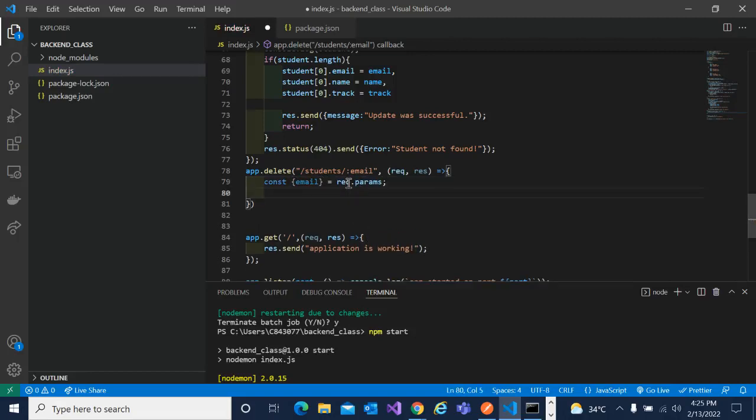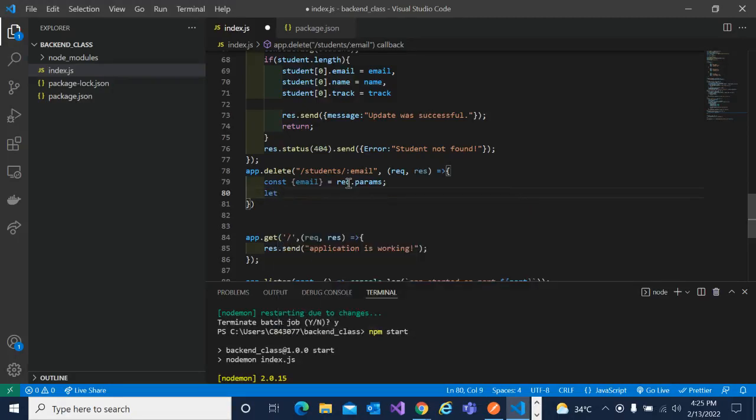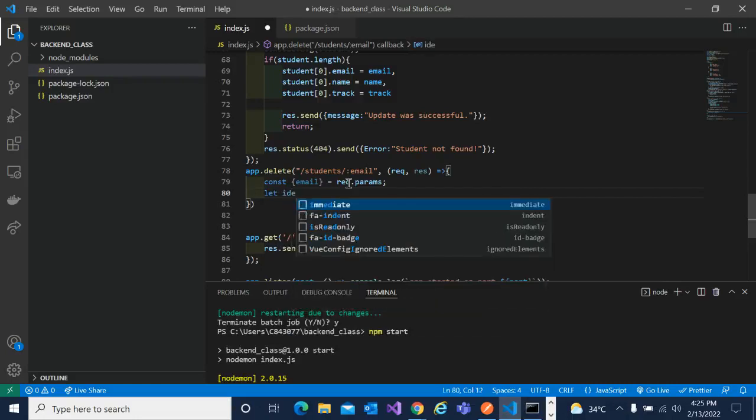So for us to do this, I'm going to look for the index using the email. Then we'll have two options. We can use a filter to remove that particular user from the array, or we can use the array method splice. But I've used the filter, so this time, let me try another one, which is splice. So let's say index